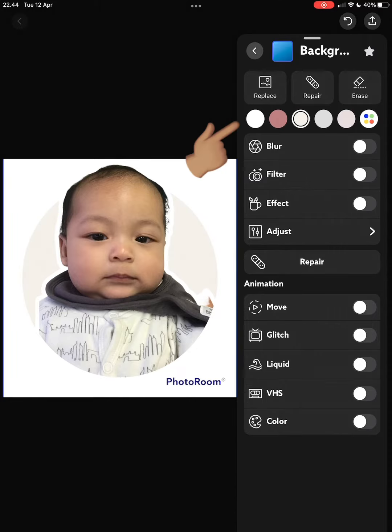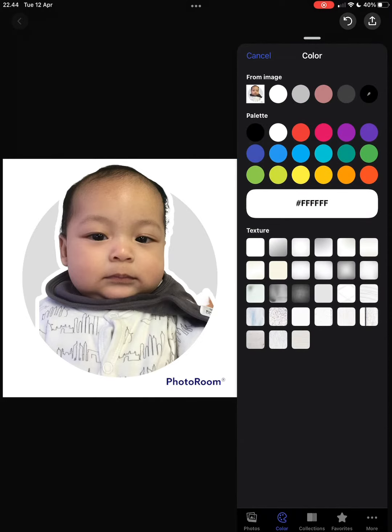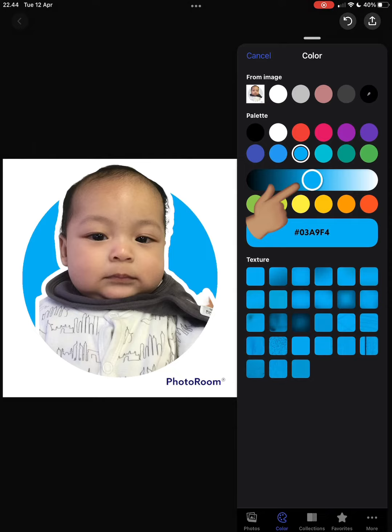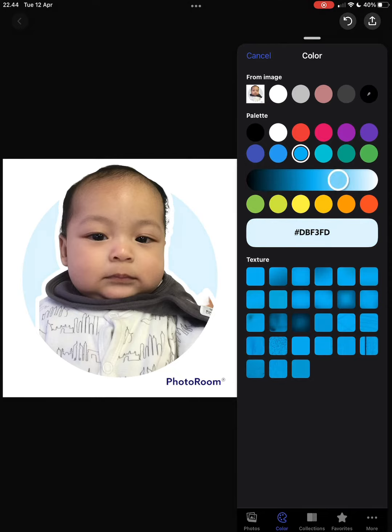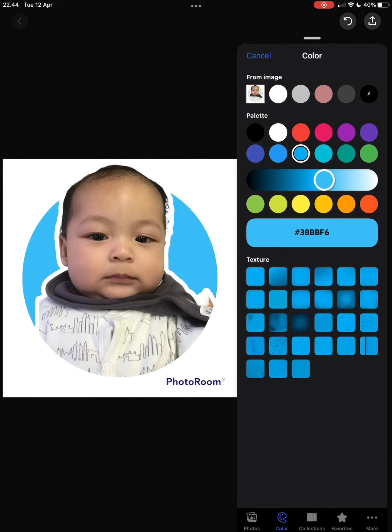the colors there, or if you want more colors you can tap on there, and then you see that you can change the color that's already there, so from the palette, and then so just tap on the color, and then you can also adjust it, so for example you want it to be darker or lighter,